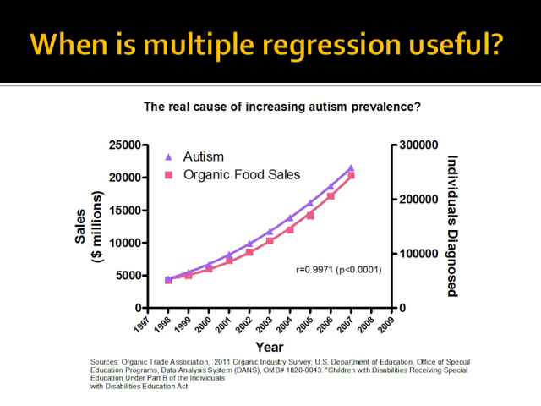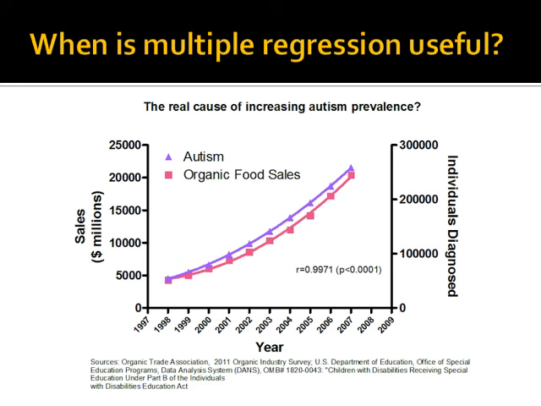So what's going on there? Does it seem like organic food sales is causing people to develop autism? Well, there's obviously going to be some kind of third variable there, and maybe that's that organic food sales is increasing because the other available foods are all being laden with GMOs, and the GMOs are causing autism. Or it could even be something completely unrelated to that, which is that people are becoming more aware of holistic kinds of approaches to things, and that's just occurring by chance with this increase in autism